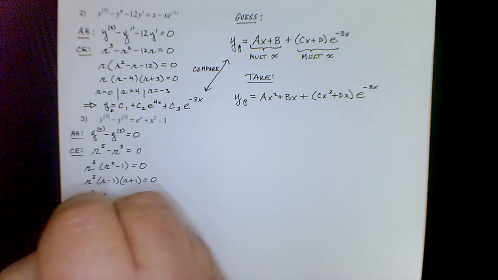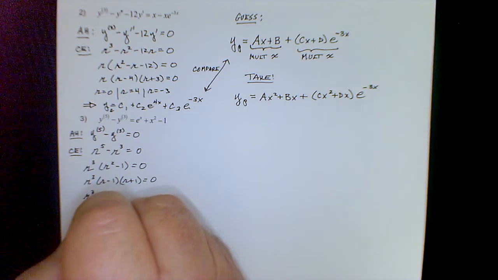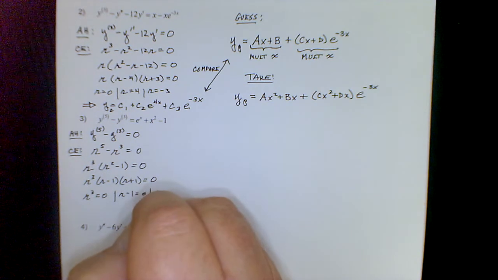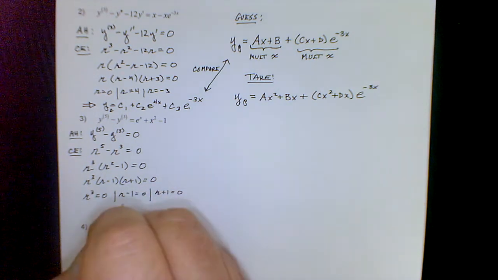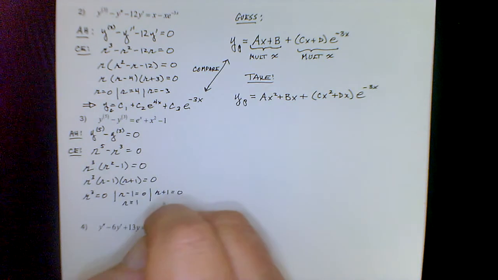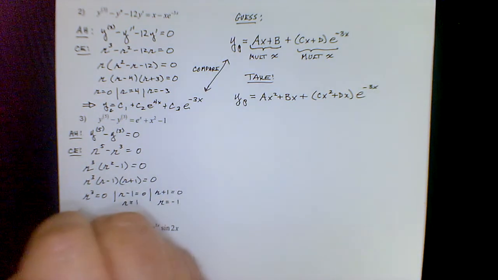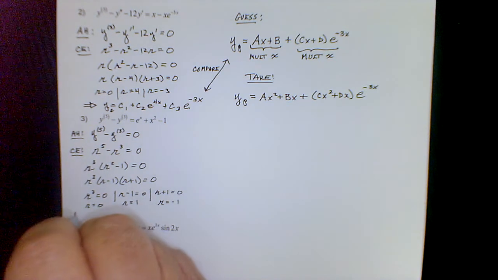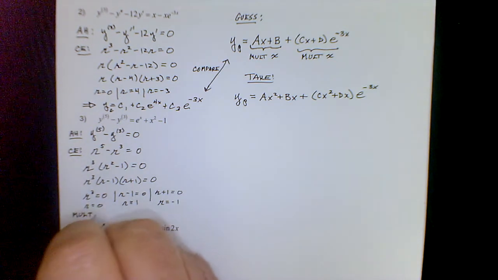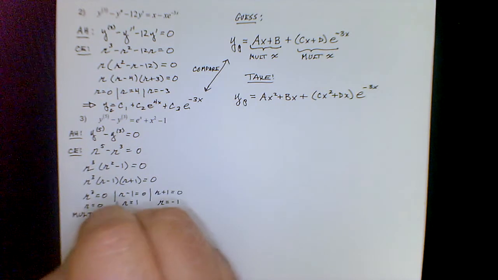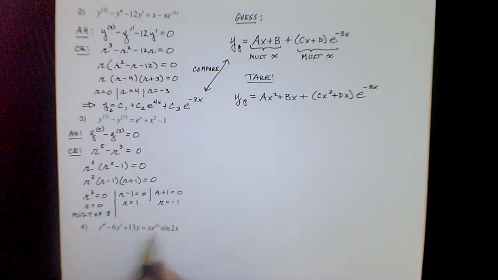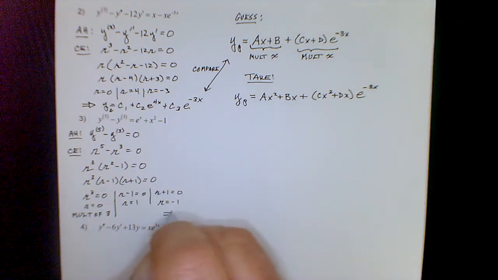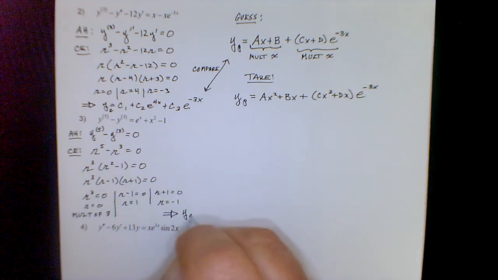Alright, so we get r cubed is 0, and then we get r minus 1 is 0, and r plus 1 is 0. So here we get r is 1, r is negative 1, but here r is 0 with a multiplicity of 3. Okay, so that's very important, because when we write our complementary solution now, let's put it over here,